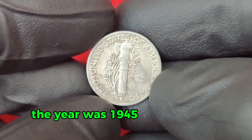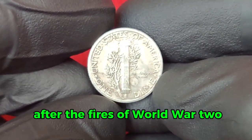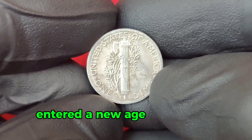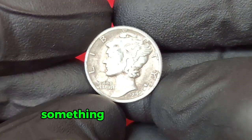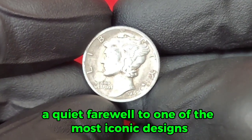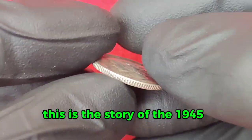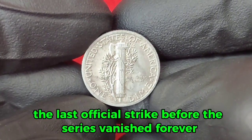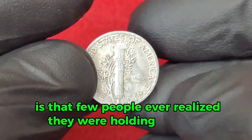The year was 1945. The world had just begun to exhale after the fires of World War II. Factories went silent, soldiers returned home, and America entered a new age of hope and rebuilding. But inside the San Francisco Mint, something extraordinary was happening. A quiet farewell to one of the most iconic designs in United States coin history. This is the story of the 1945-S Mercury dime, the last official strike before the series vanished forever. And what makes this coin truly special is that few people ever realized they were holding the final breath